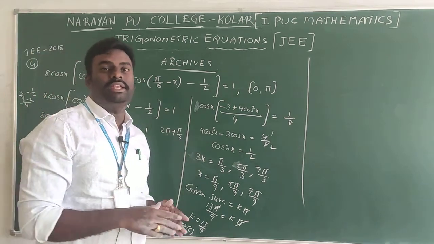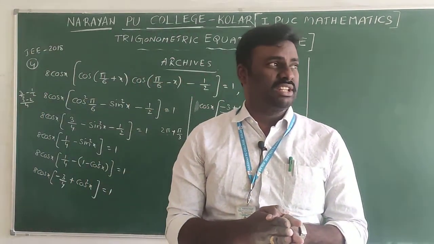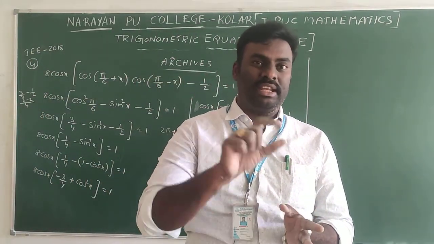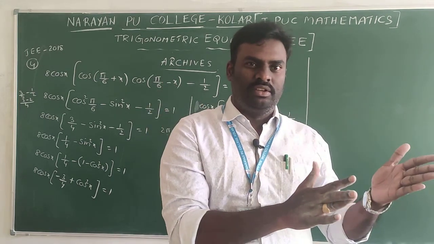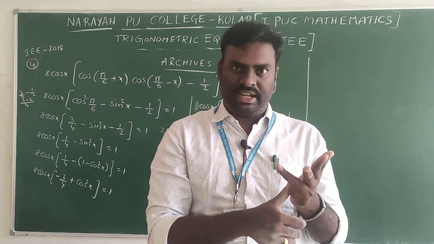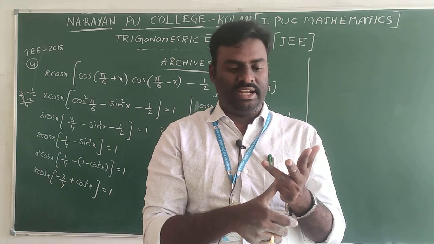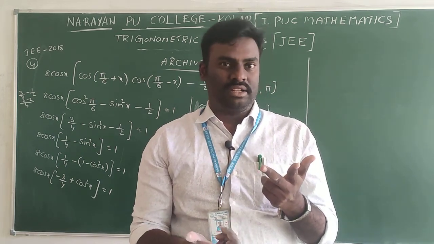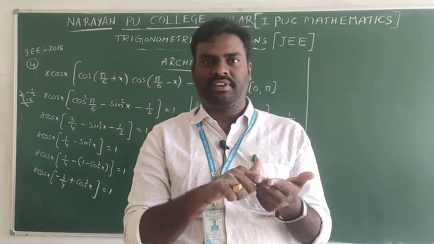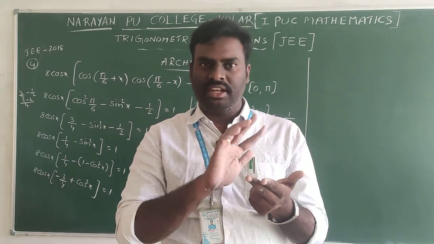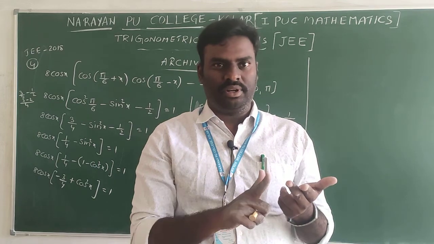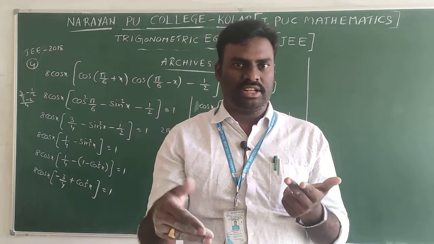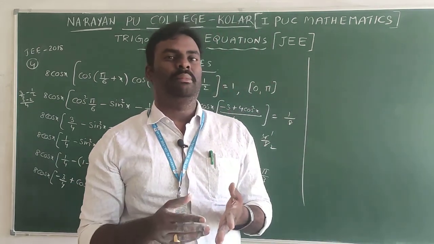So you complete the notes of trigonometric equations. Again, please write the competitive notes in a separate book only. So the first competitive chapters are trigonometry, ratios and functions, identities, and the second one is trigonometric equations. Next session onwards I will start heights and distance and properties of triangle. These two concepts are not there in PU, but for JEE these are important. I will start with the synopsis in the next session. You complete the notes for trigonometric equations.